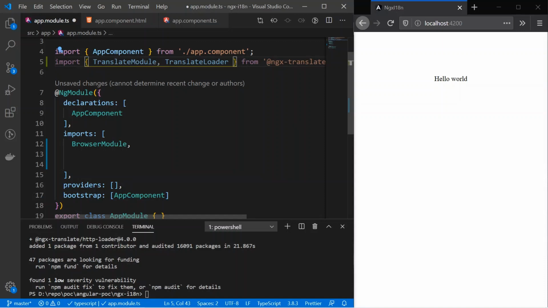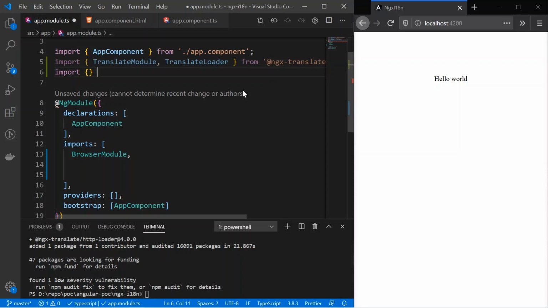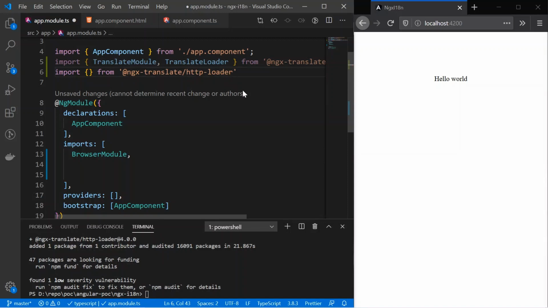We also need HTTP loader, so we'll import that as well from ngx-translate HTTP loader. Okay. So let's import TranslateHttpLoader.